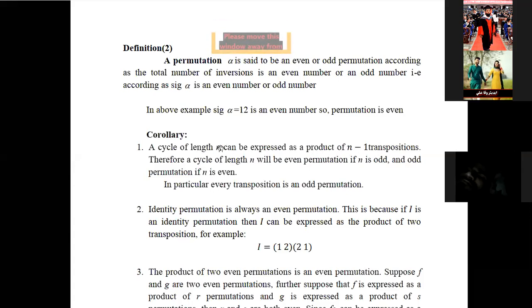If n is even, then the permutation will be odd. Okay, in particular every single transposition is an odd permutation because only one is an odd number, and the identity permutation is an even permutation. The identity permutation is always an even permutation. This is because